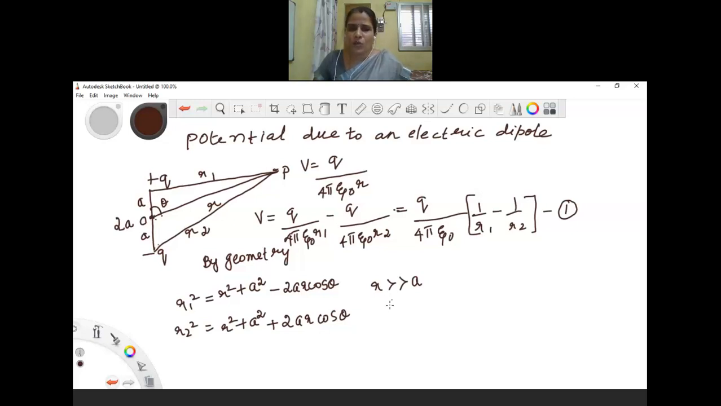So we are going to neglect the higher order terms. Now let us rewrite these two equations. For example, we can take this as our equation number 2 and this as our equation number 3. So this can also be written as